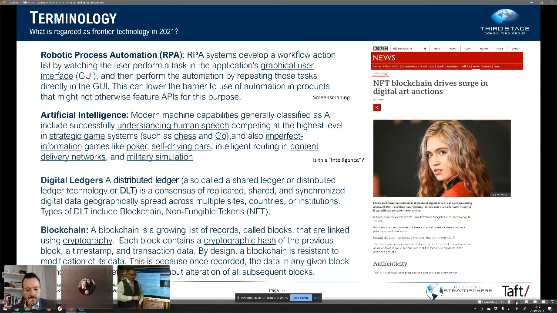And then digital ledgers, also known as DLT, is basically a way of creating tokens that create blocks of data, each with a cryptographic key. If you have produced this one and this one and this one and this one, and then you change this one, then all of the rest of the blocks will error. So it's a way of confirming that a particular transaction or a piece of data is as it was when it was originally created. And that's why it's useful in applications like